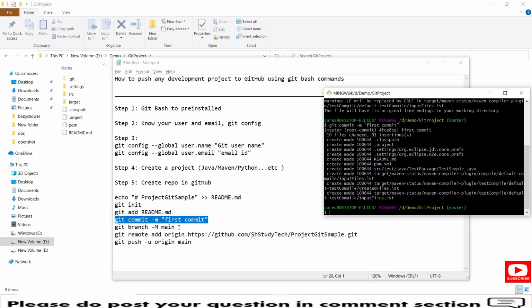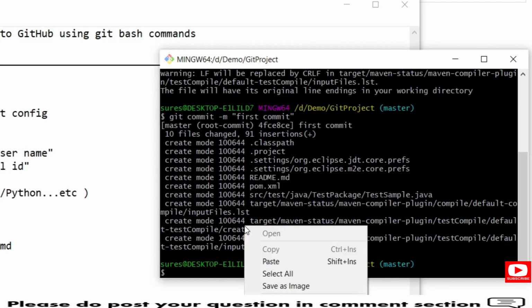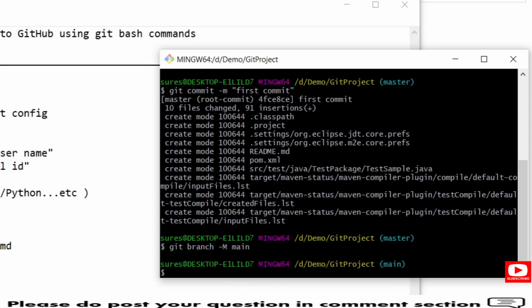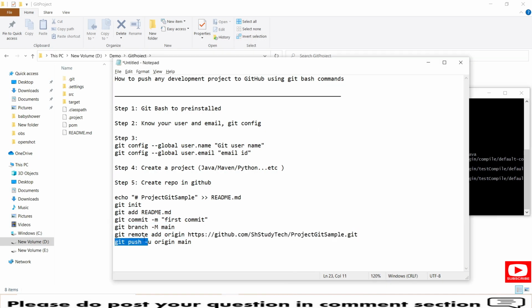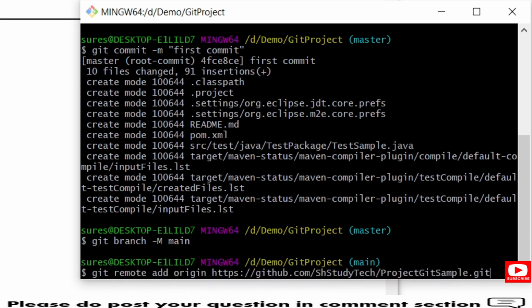Now next you need to push all the code into the master branch or a main branch or a sub branch. This -M branch main refers to the main branch, which is like a master branch. Copy and paste it in the git bash and hit enter again. So it will create a main branch. Earlier it was master and now it is main. Now again one more line here, which is git remote add origin, and this is my project location in the GitHub repository. So again right click, paste and hit enter.